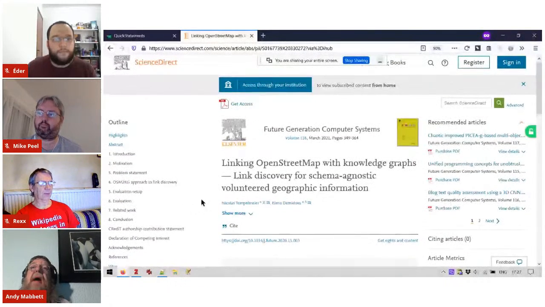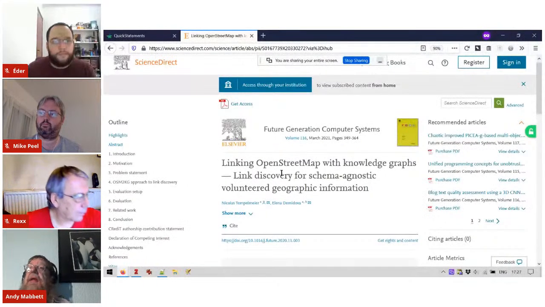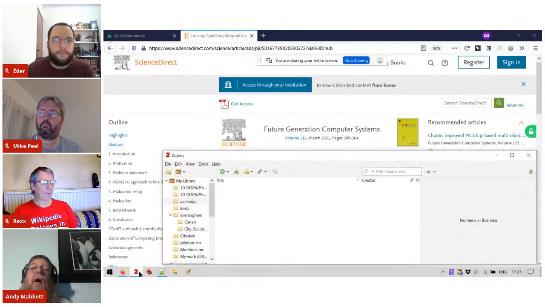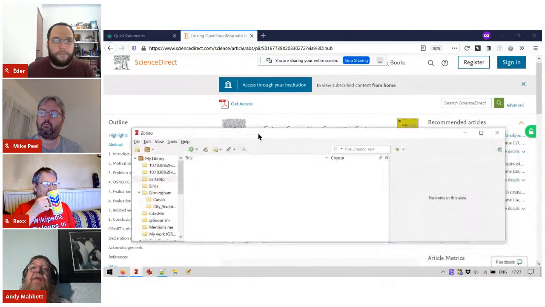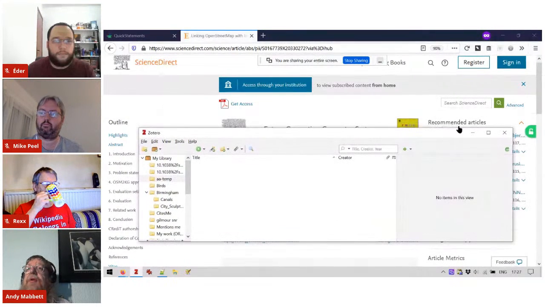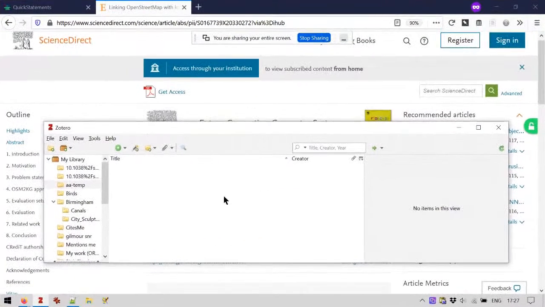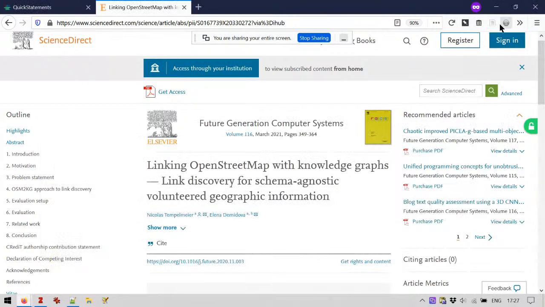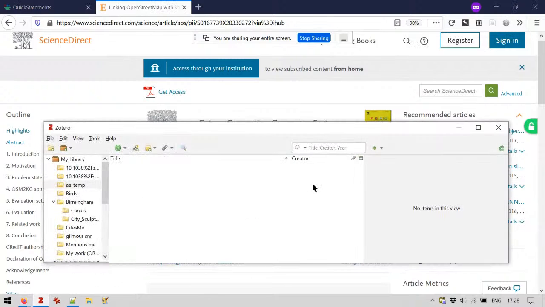Okay, so this is a web page about a paper which happens to be about OpenStreetMap and Wikidata. And now I'm going to open Zotero. This is the interface for Zotero. I have it in a slightly small window. I'll just put that out of the way. But as you can see at the moment in this folder in Zotero, there is nothing present. So I'm going to minimize that. And on my browser, I have a little icon for the Zotero plugin, and it has recognized that I'm looking at Science Direct, which is the website that I'm looking at here. So it's using that importer, and it's importing that paper for me now. You can see it's saving it into my temporary folder in Zotero. And if we pop back to Zotero,